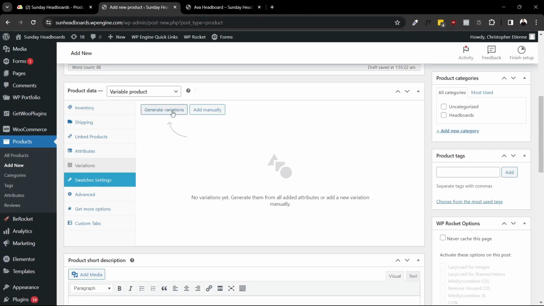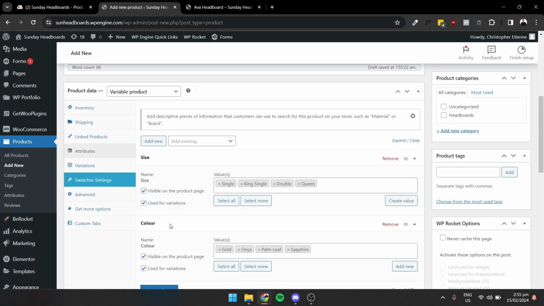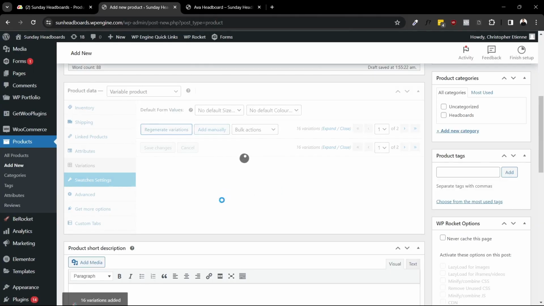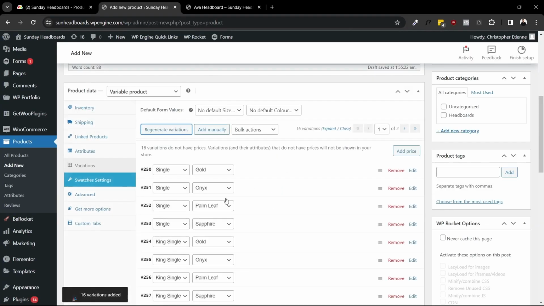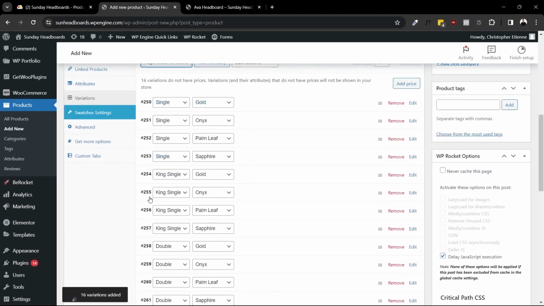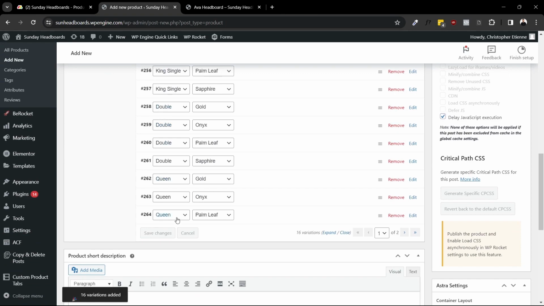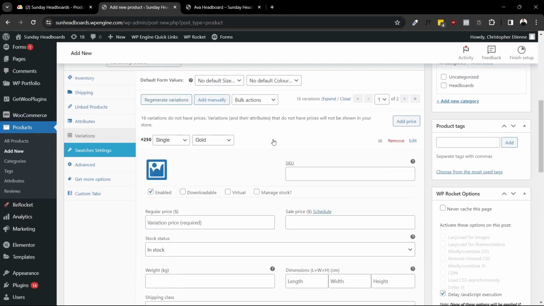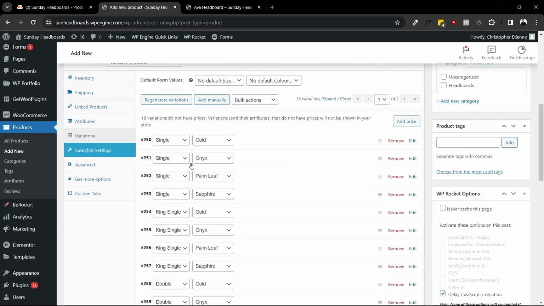And we just want to generate variations. This will create every variation for the size and color combo here. So this will create quite a few. As you can see, we have single in all the colors, king single in all the colors, double, queen, etc. So for each of these, they'll each have their own unique price. They may all have the same price. If they do,